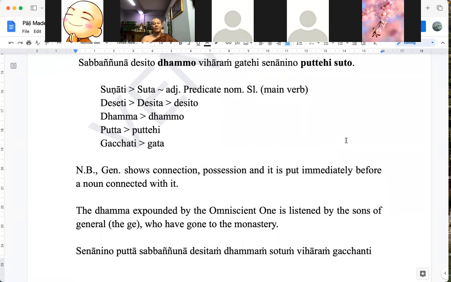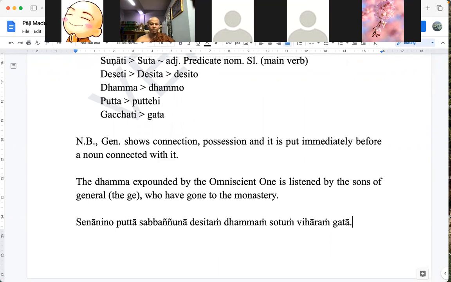So the main verb of a sentence doesn't have to be in the present form. It can be a past participle, though normally a past participle stays in a clause, that's not a complete sentence, no? A complete sentence also. Here you see, this is a complete sentence. So in a complete sentence the verb can also be a past participle. You changed gata just now, right? You changed it.